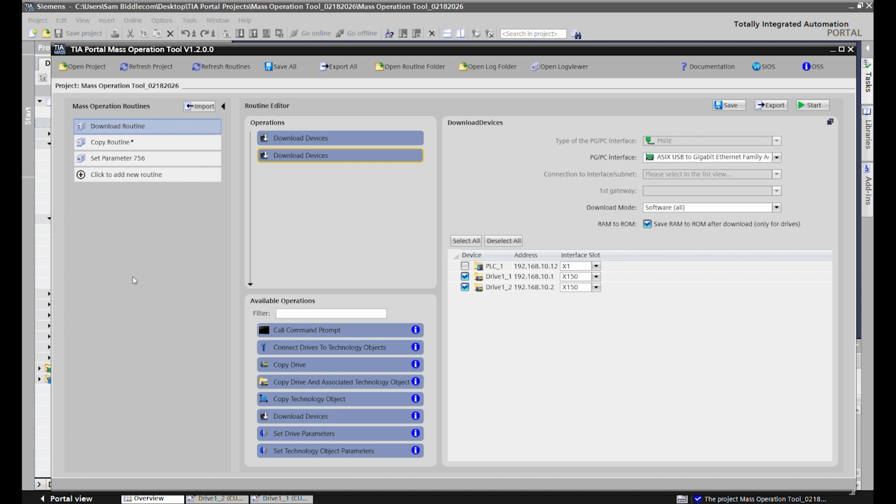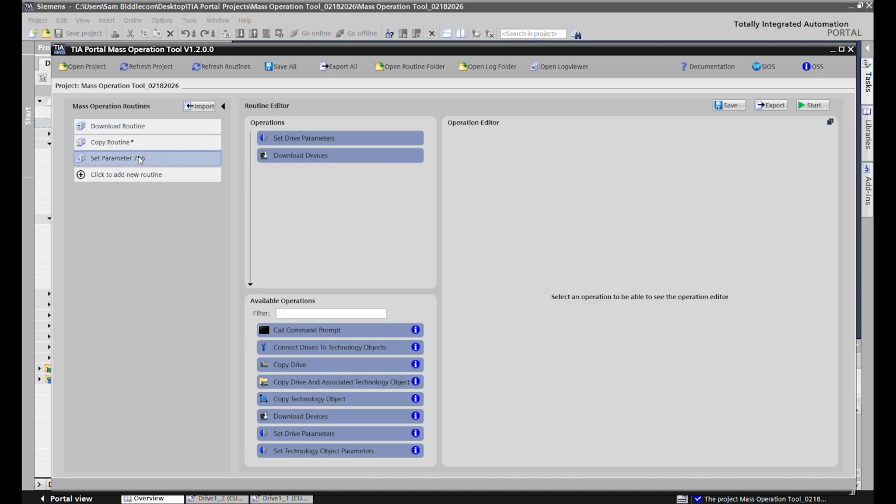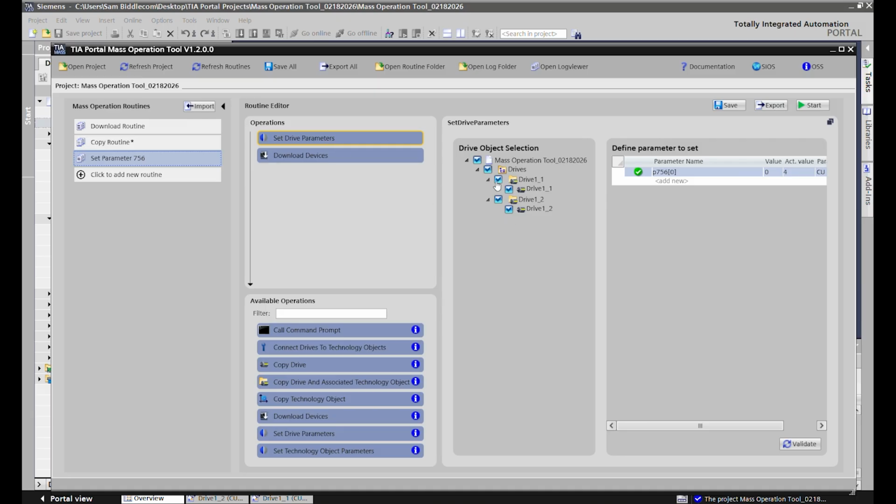So that requires going in and changing parameter 756, which I now have actually a mass operation tool here, which allows me to drag and drop from the menu down here a set drive parameters, and in here choose which drives I want to apply this parameter change to. In this case, I just do all of them. And then on the right here, we can then define our parameter set. So for us, it's parameter 756,